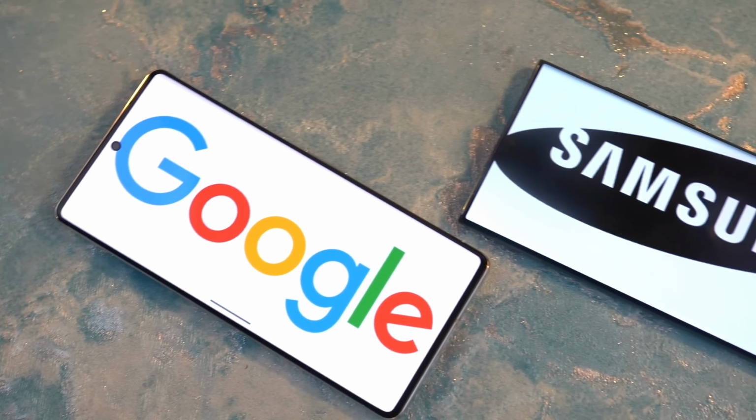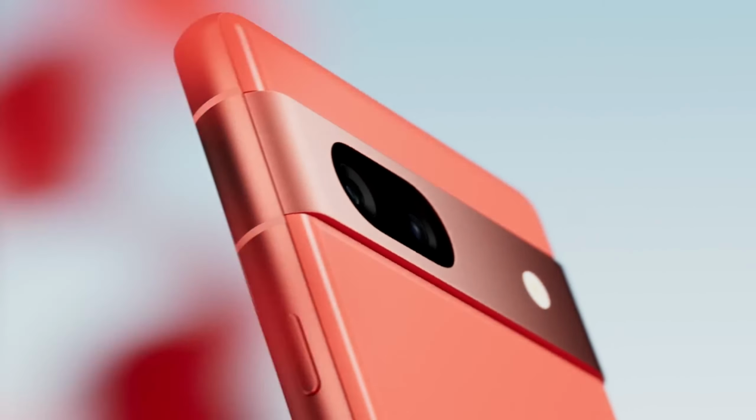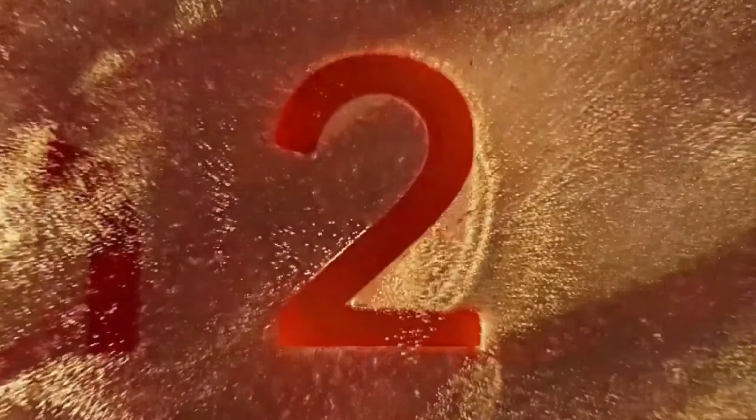This life-saving feature is now being added by Google in Android 14 and will be available on the latest Pixel and Galaxy flagships. Phones equipped with Snapdragon Gen 2 will have access to satellite connectivity, making it one of